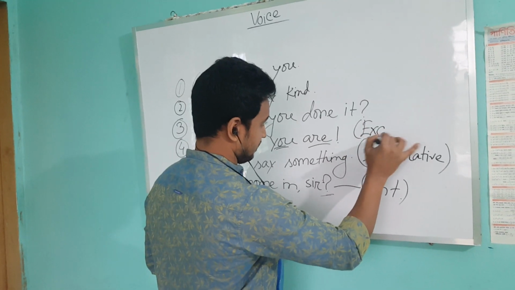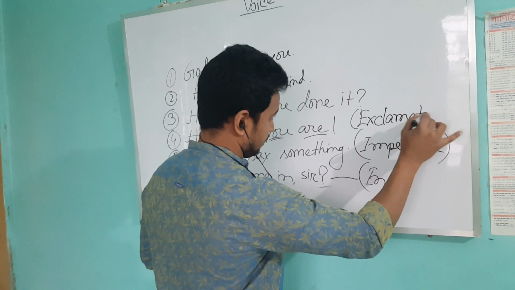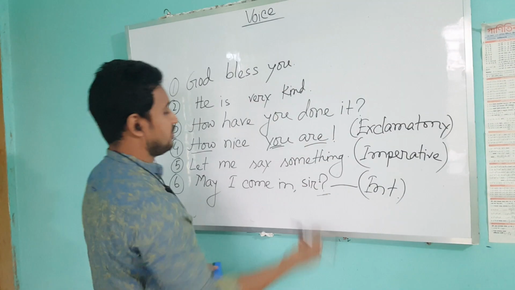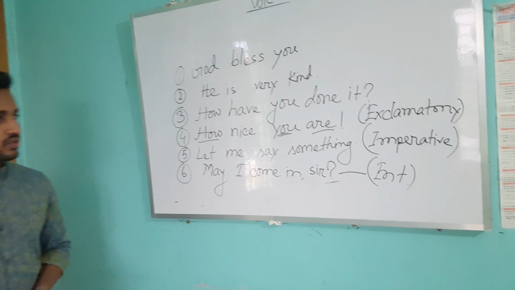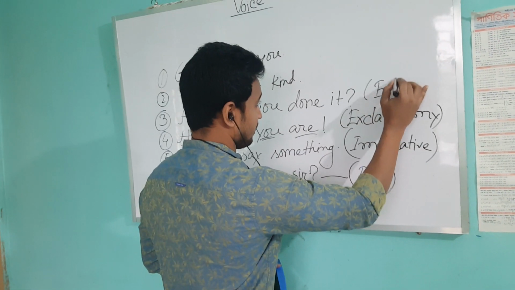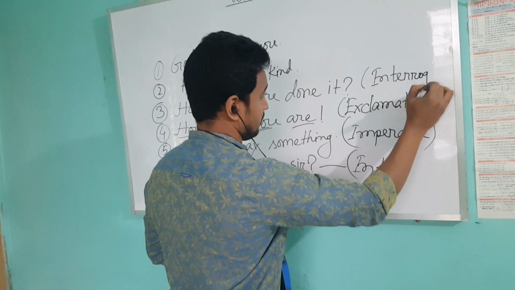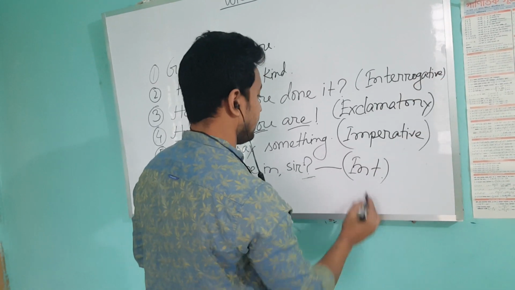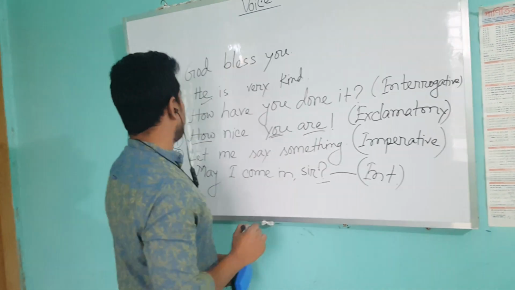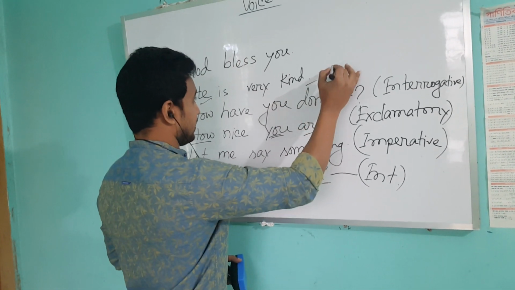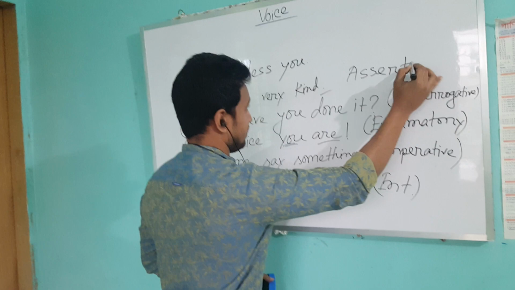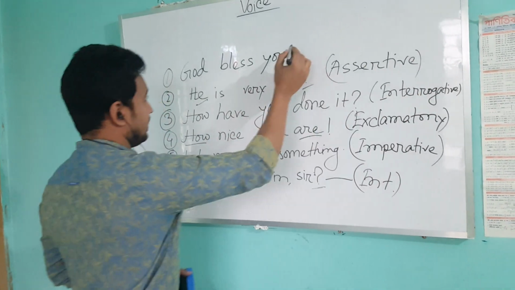Exclamatory. "How have you done it?" Well, it's also easy. We have a question mark. So if we have a question mark, there is no hesitation that it is an example of an interrogative sentence. Okay, it also means interrogative. It's assertive as we have a subject and at last we have a full stop. Assertive. And last of all, it's also